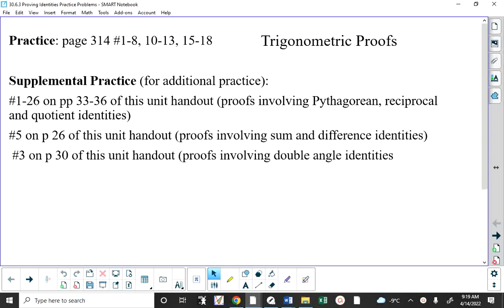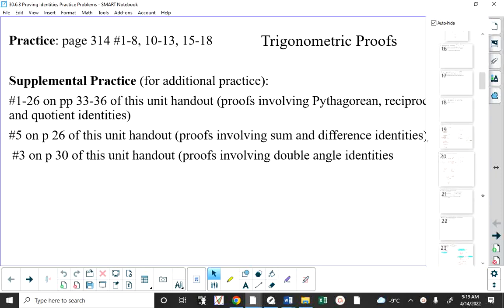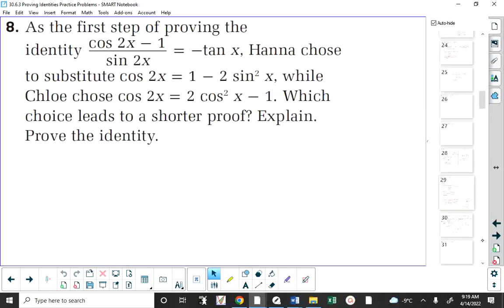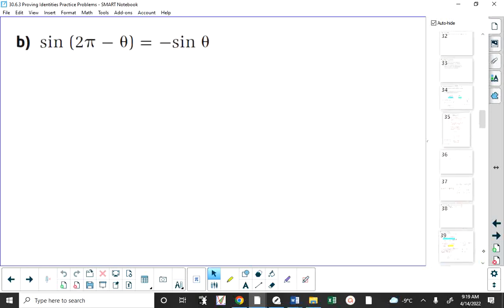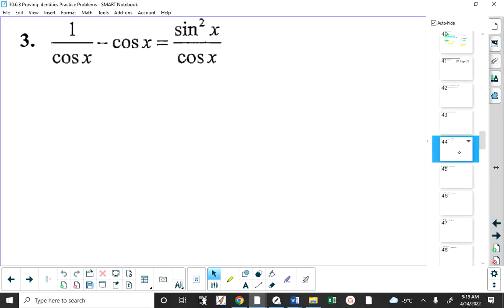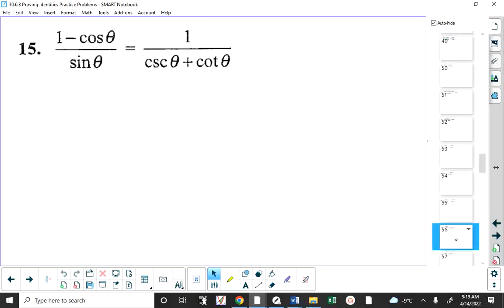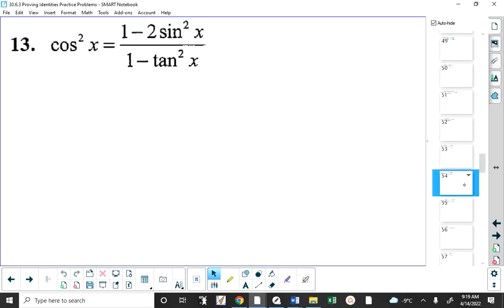Jonathan? 13? I'm assuming it's on the first set, page 33 to 36. Okay. Is it this one? 13. This one. Okay, so